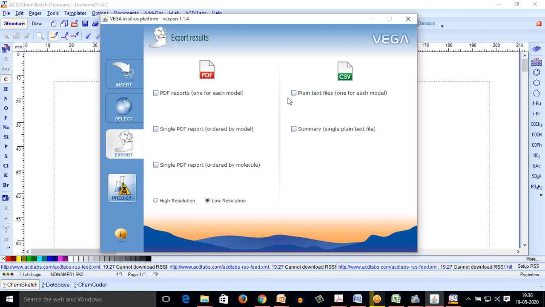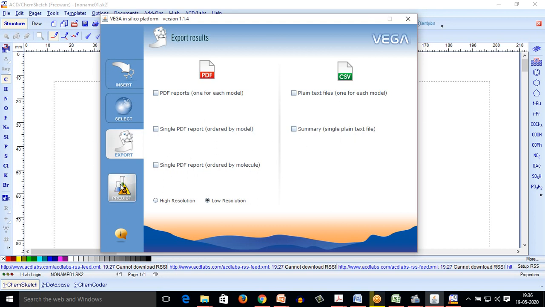The software also enables us to export the results in CSV format, which is particularly required for Excel generated data, so that they can be easily accessed for QSAR studies, or they may be exported in a simple plain text format also.